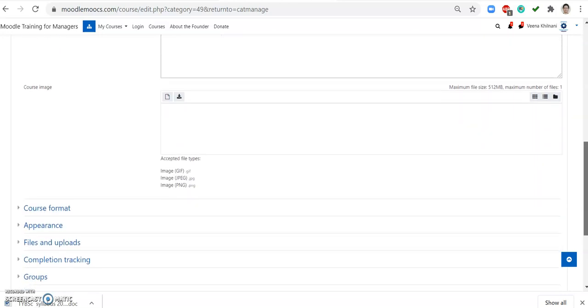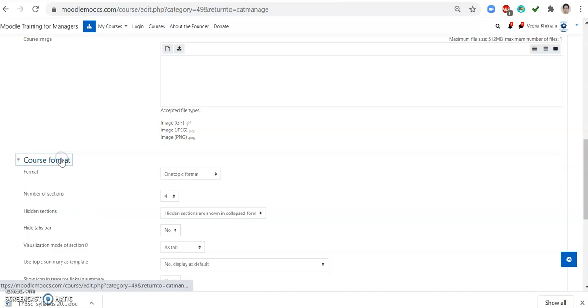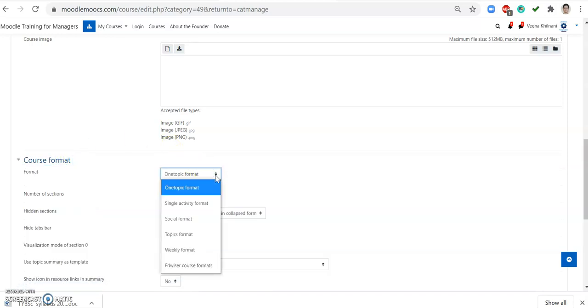and then we will leave the other optional to see. So the course format could be one topic or a single topic, where you have many activities, or you have a single activity format, social format, topics format, so many formats, a weekly format or other course formats. So let us have one on topics format,